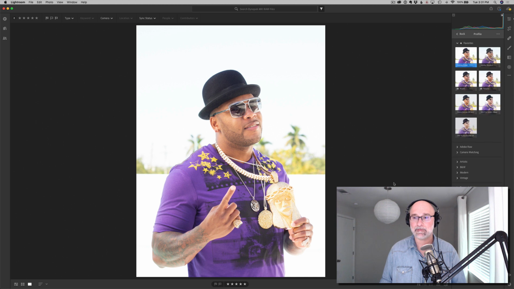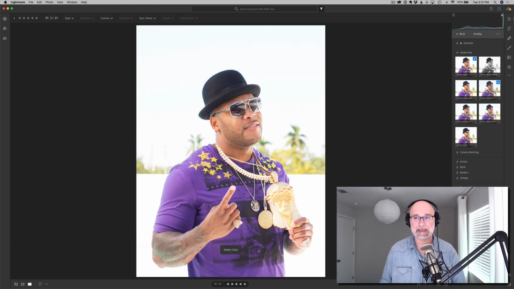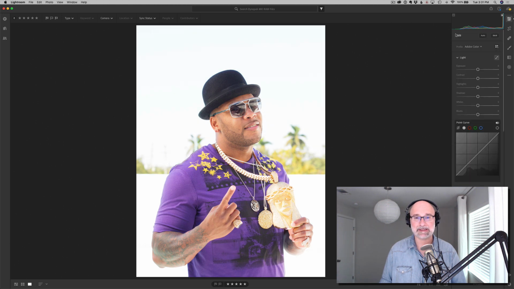However, even if you use your camera matching profiles, I don't know if you've ever explored these, they're not doing, as you can tell, a whole lot for the image. Sometimes they're okay, sometimes they're not. Most of the time, they're not really optimized for the camera. Even though they say camera matching, they're not as optimized for the camera as the actual in-camera JPEG engine,